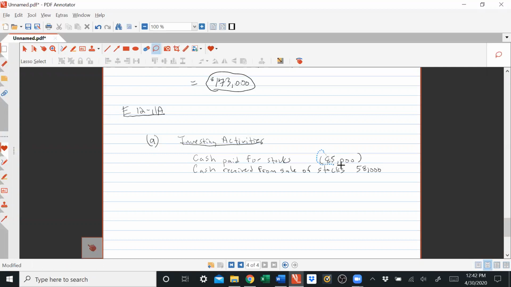I should line these numbers up. And so the cash flow from investing activities, or the net result of those two things, would be, there might be other investing activities they had, but the net result of these two things is a decrease of